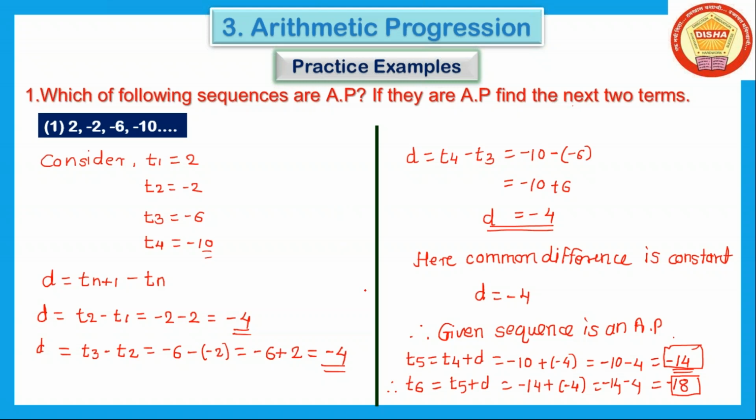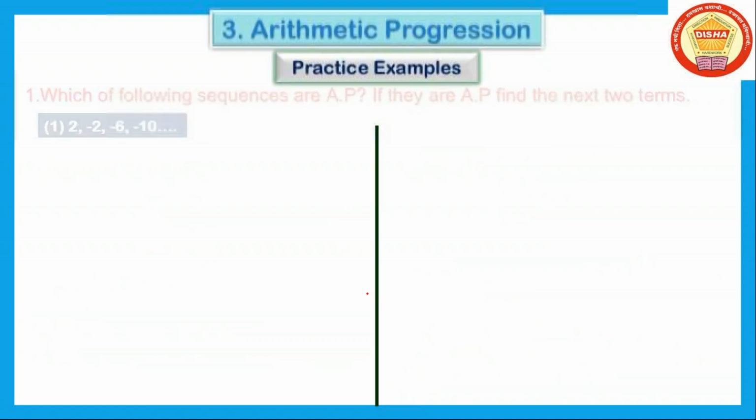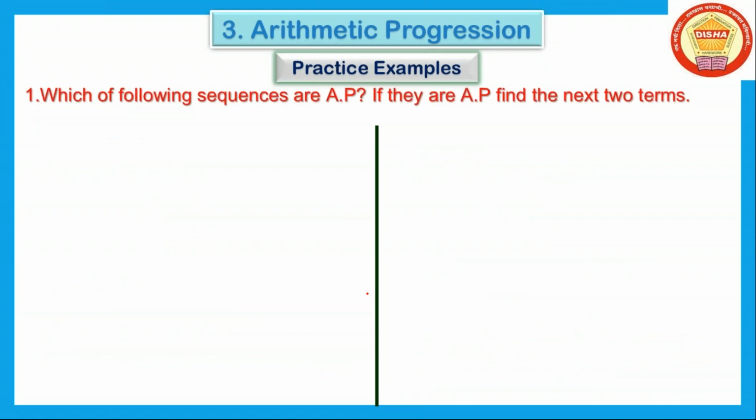Okay. All of you understood this? Then we will take another example. Okay. Based on the same question. See, question is the same. Example is a change. Okay. 1 1 2 2 3 3 is a sequence given. We have to decide that it is an AP or not. And if it is AP, then we find next two terms. Okay. Then we consider here all that terms.